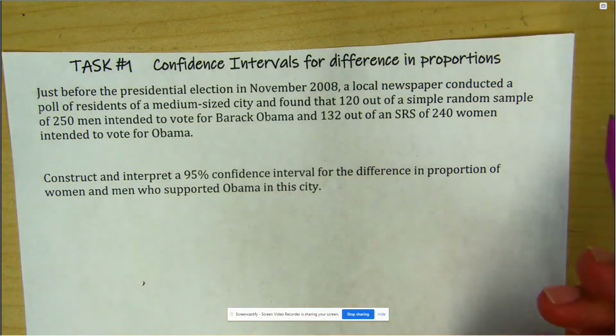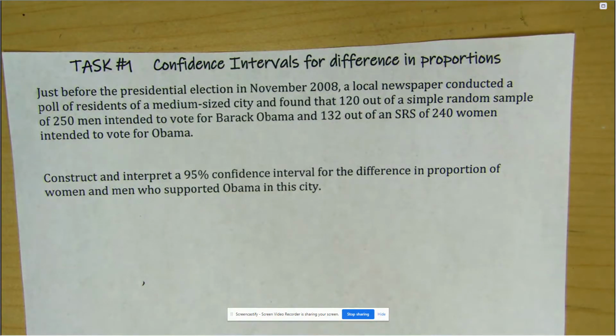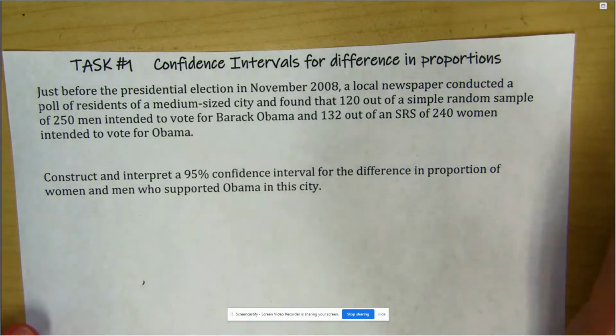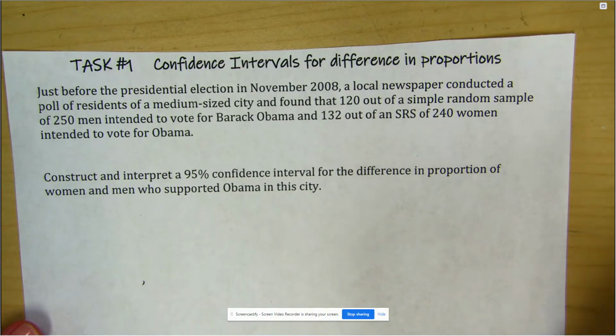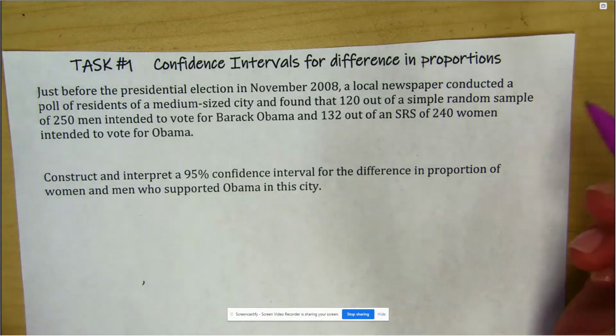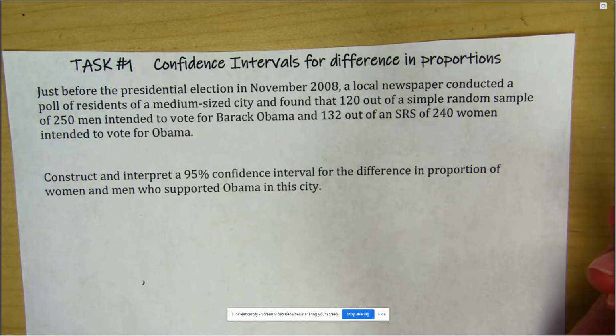Confidence intervals for difference in proportions. Let me get my calculator. Just before the presidential election in November 2008, a local newspaper conducted a poll of residents of a medium-sized city and found that 120 out of a simple random sample of 250 men intended to vote for Barack Obama, and 132 out of the SRS of 240 women intended to vote for Obama. Construct and interpret a 95% confidence interval for the difference in proportion of men and women who supported Obama in